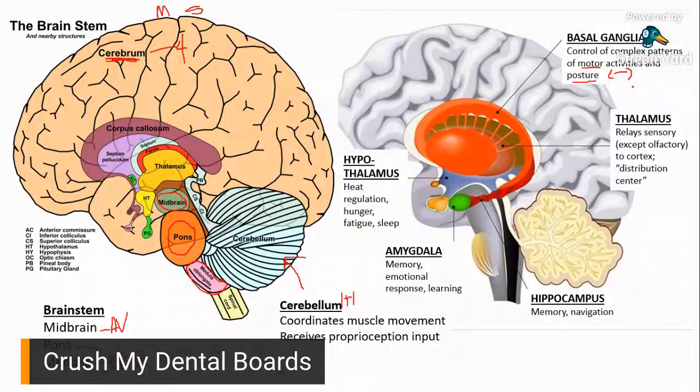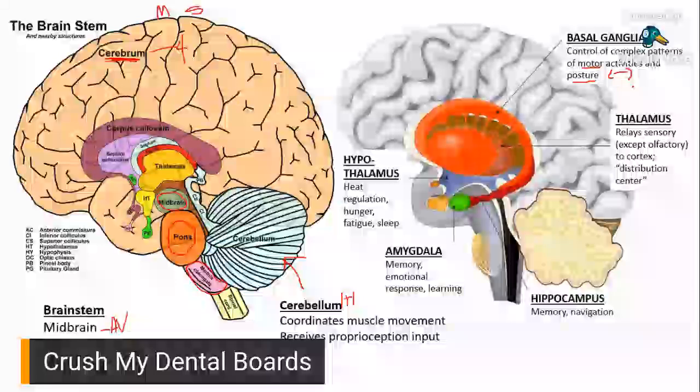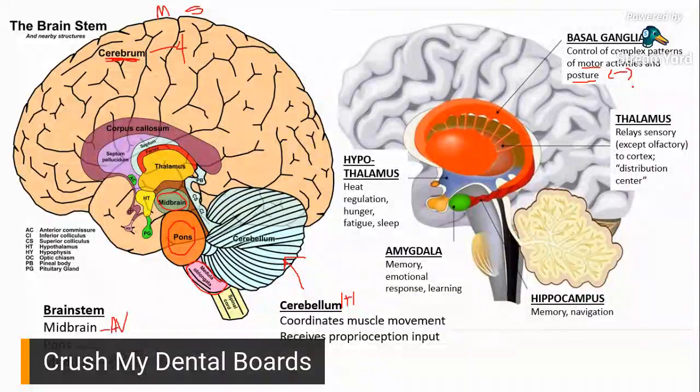So, ano ibig sabihin nito? Every single minute or every single second that we're moving, they're actually working side by side, so that we would be at a certain place, in a certain position that we want to be in. Okay? So, that is the basal ganglia and cerebellum. Now,